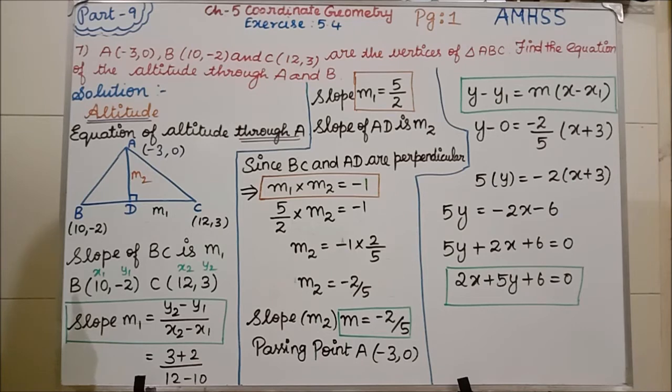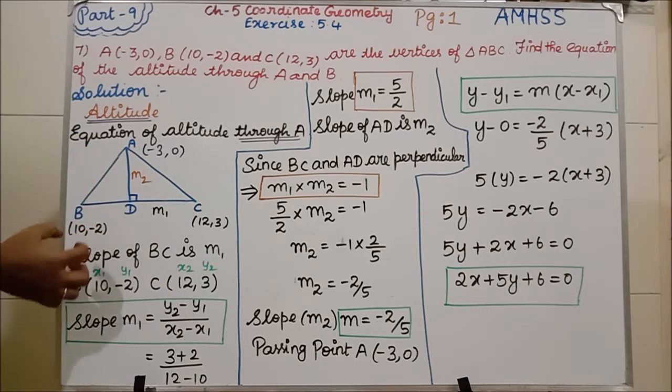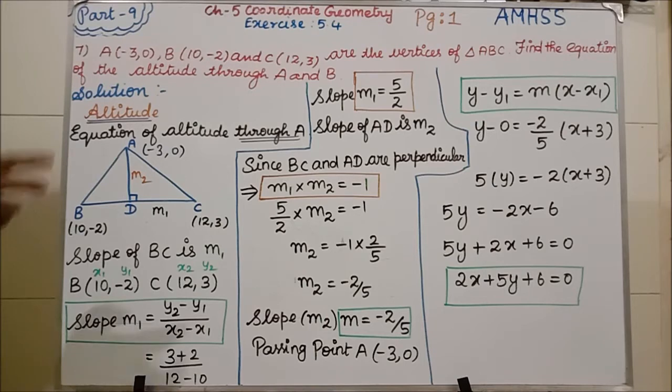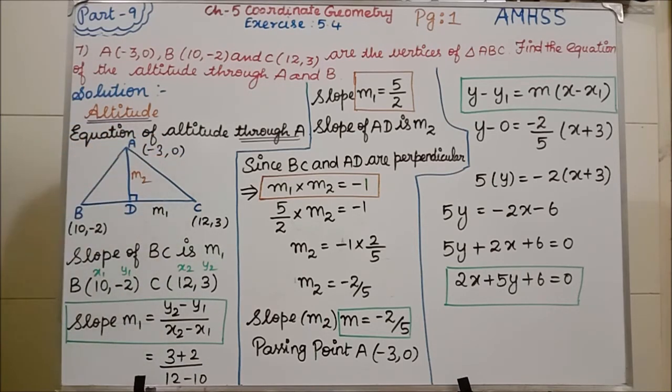Then another slope we have to find here. What is that? Slope of AD, M2 we have to find. See students, here for slope of BC we are having point B as well as vertex C, so we are easily finding this M1 value. But to find the M2 value, we are having only the vertex A. Do you have vertex D? We are not having it. So we cannot find the slope M2. So at that time, how will you find this M2 value?